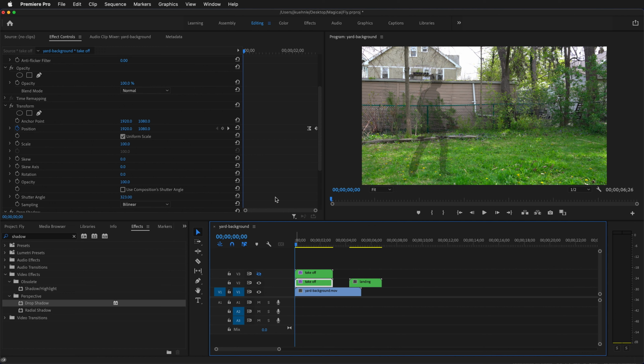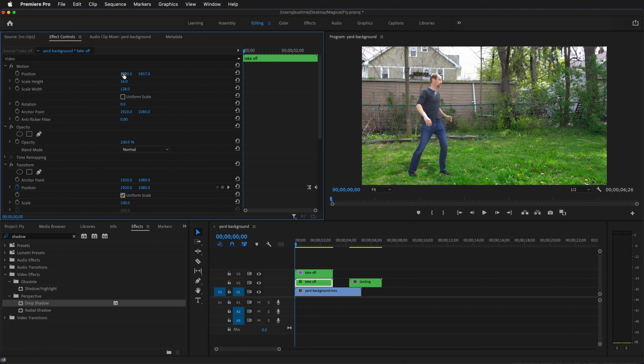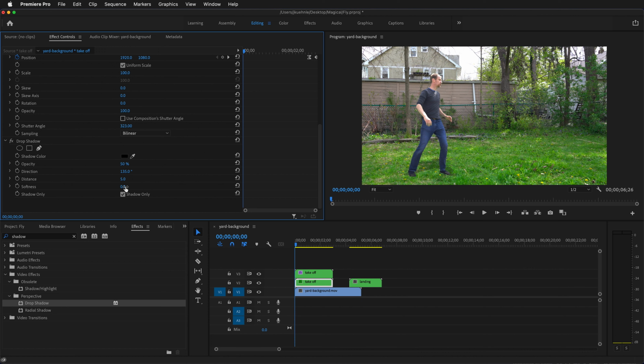So what we want to do for this shadow is change the scale. By default, everything scales uniformly, but we want to scale the height way down. So we kind of get a little bit of perspective, and then we'll just scale the width out just a little bit. Then we'll bring the eyeball back on the top clip, and we'll change the position of our shadow. So we'll put our shadow at the feet, and then we'll change the softness of the shadow to be nice and soft. So it's just a nice subtle effect. And if we press play,